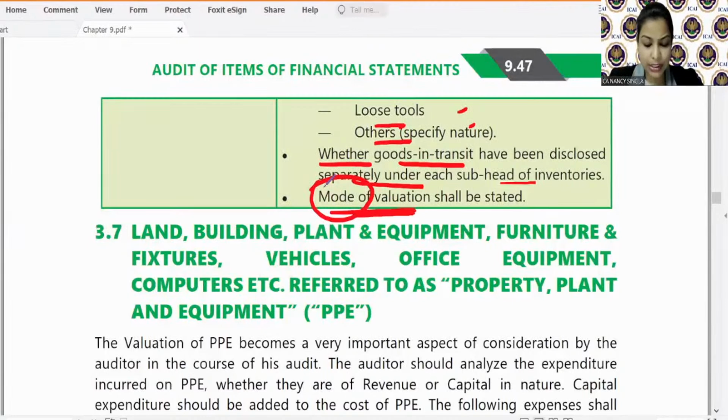And Kanhaiya, tell me, is it clear with respect to slow moving items or slow moving or obsolete stock? Let me just have a look at your queries. Thereafter, we'll be starting with your property, plant and equipment verification. So Kanhaiya, your doubt with respect to spare parts kept for more than 1 year will be clear when we will be doing PPE. Okay?